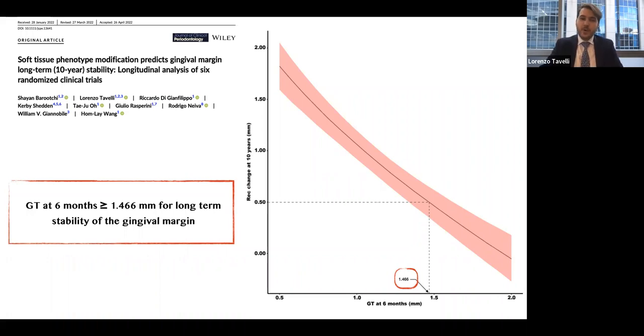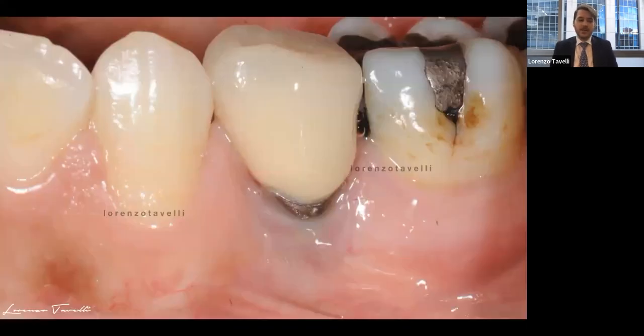But of course, we need more and more studies in order to prove that we have the same or a similar number around dental implants. But let's start to see some cases and more cases together. I had this patient in residency that presented with this exposure of the abutment and just a very slight complaining